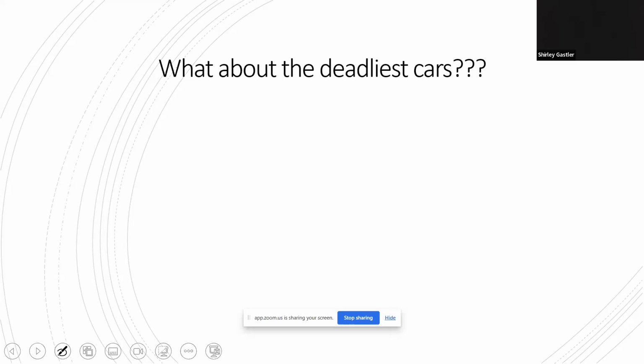Nope, this is not semis. Well, it's not semis in the sense of the semi itself, but some of the ones on this list are because of semis. Which car has the most people die in? Well, the cars that have the most deaths per capita is what I'm going at.